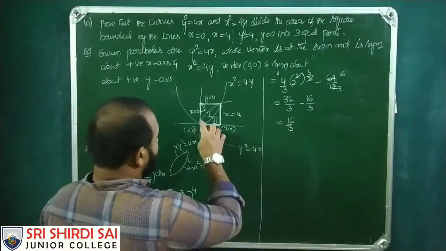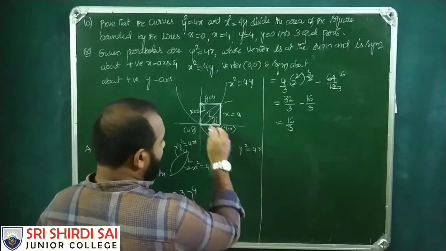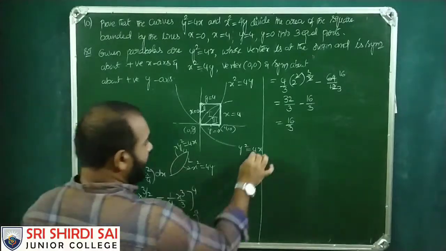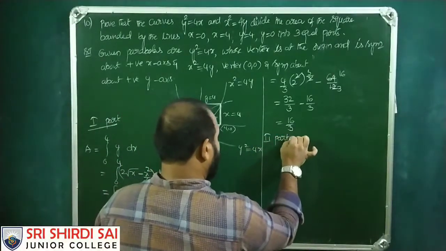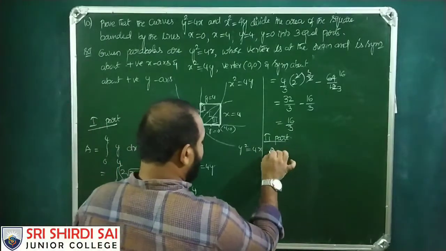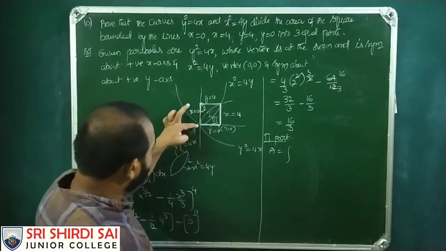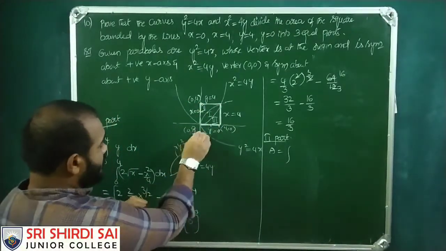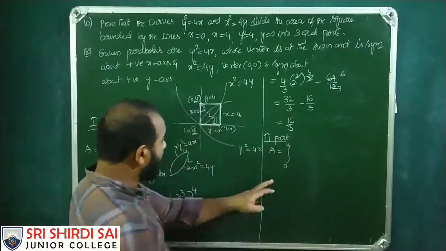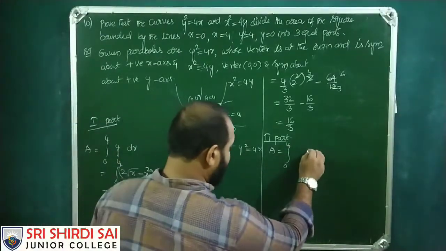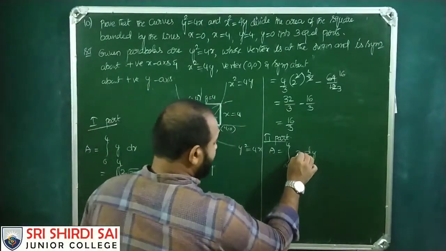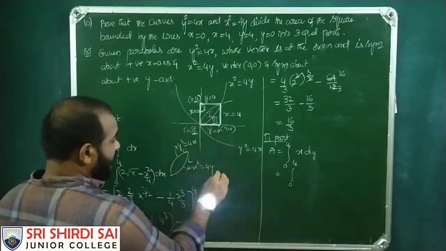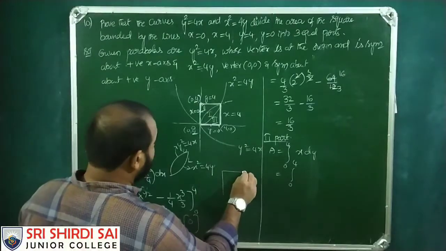Now, second part. This is the first part. Now what is the second part here? So area is equals to, from 0 to here, 0 0, this is 0 comma 4. So 0 to 4 are the y limits now. Therefore dy should be taken into consideration, x dy, 0 to 4 here. Now this area, see this area I should get now.